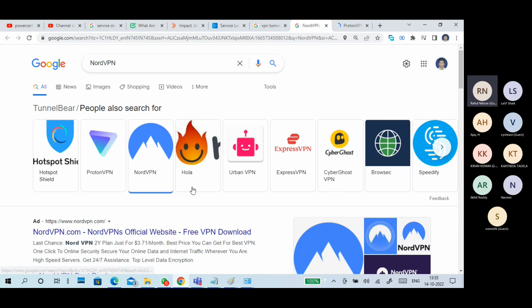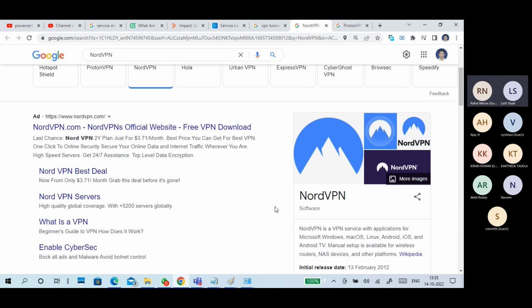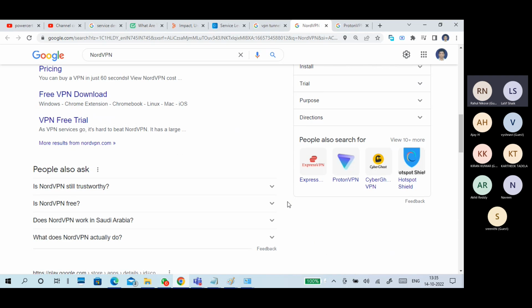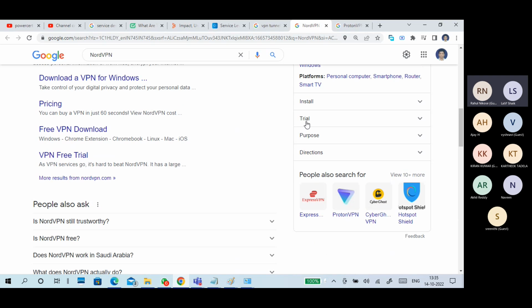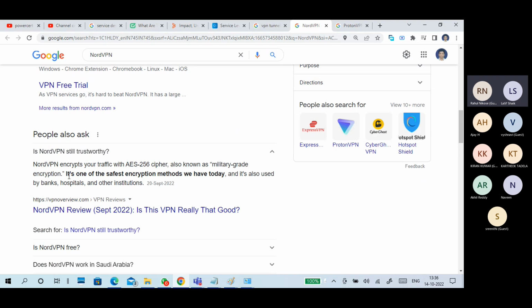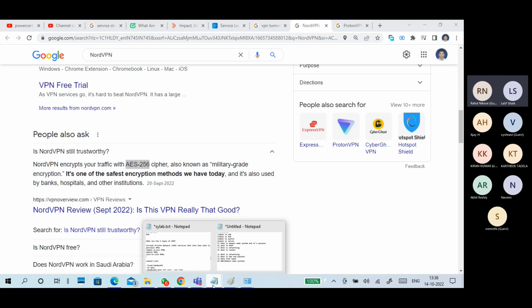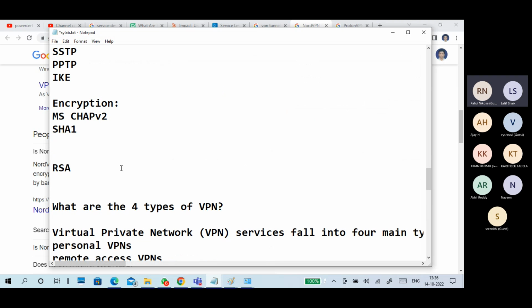Whatever the VPN is, guys, either a paid VPN, a free VPN, or a trial VPN, trust can't be guaranteed. No guarantee in terms of trust.